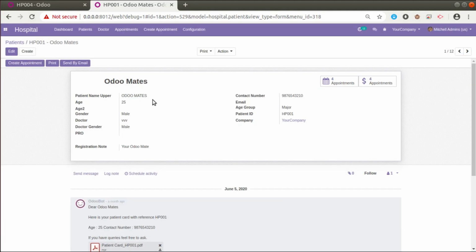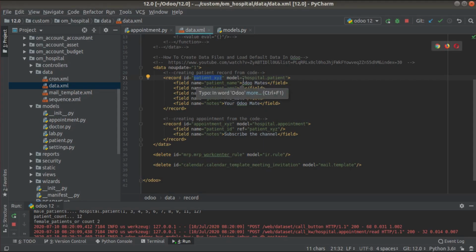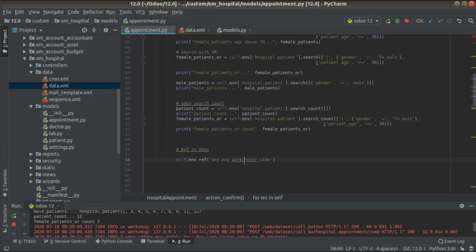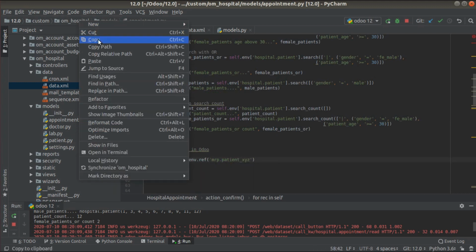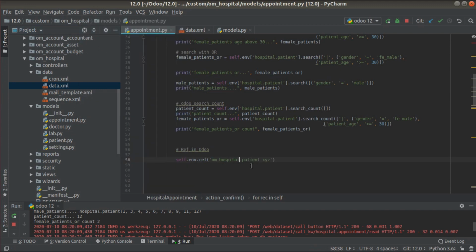Suppose, as an example, we have to get this record's ID based on its external ID. We have just added this record from the code, and now there is a case where we have to get this record. In that case, you can give the external ID, module name dot external ID. Our module name is om_hospital_copy. Once we give it like this, we will be getting the corresponding record.